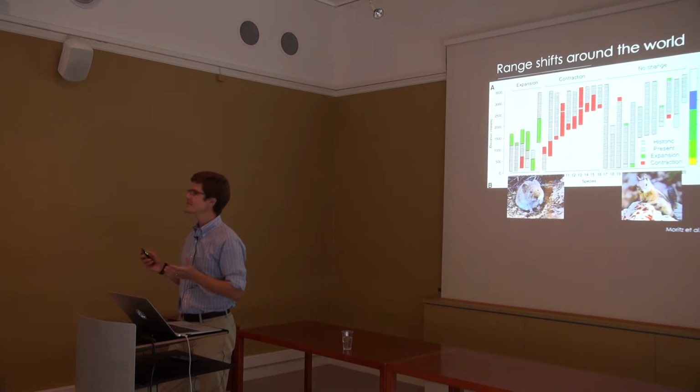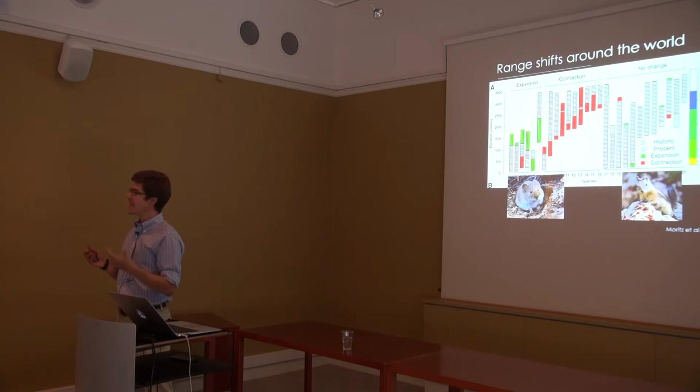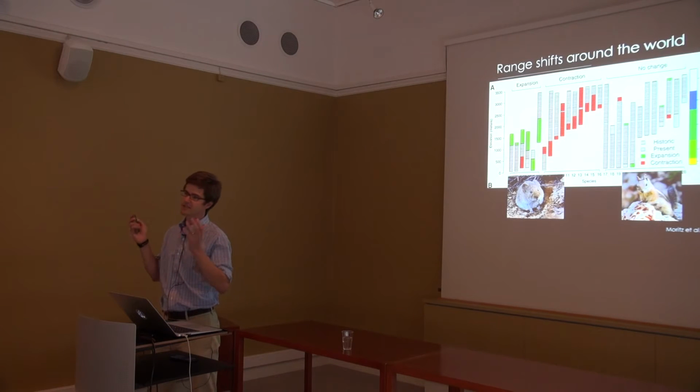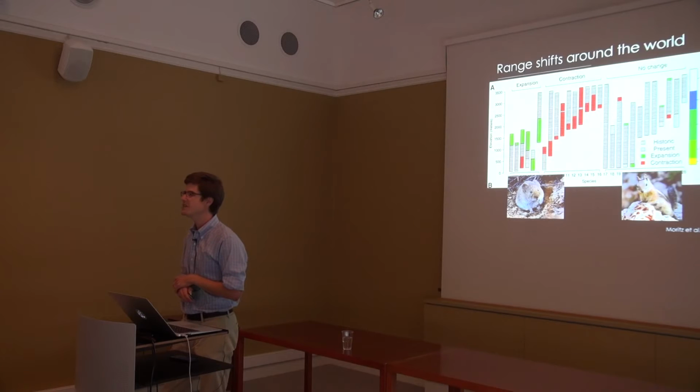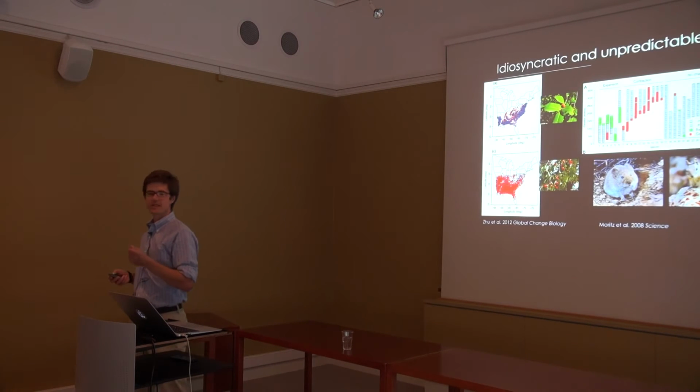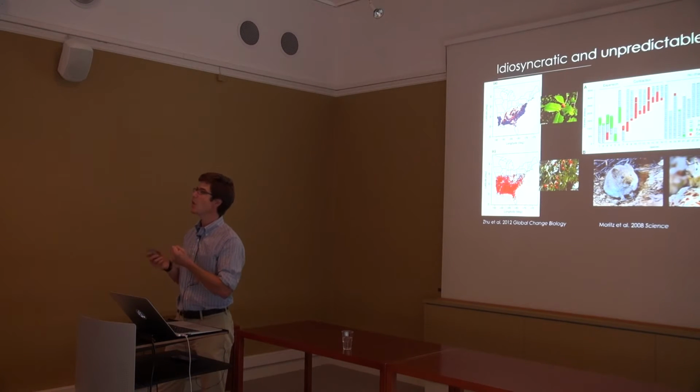And there are lots of reasons that might be true. It might have to do with different physiological tolerances, species interactions, other environmental gradients, or details of species life history. All of that makes sense. Ecologists, we love to think about how much complexity there is in the world. But it's often led to the conclusion that these species responses are ultimately very idiosyncratic and very unpredictable. That it's going to be very hard to understand why an individual species is moving at the rate and in the direction that it is, because these systems are so complex.